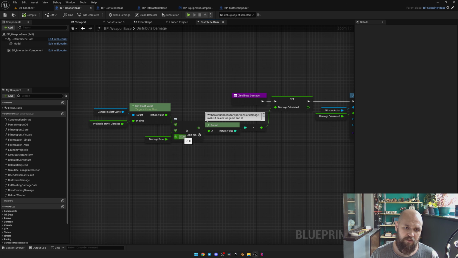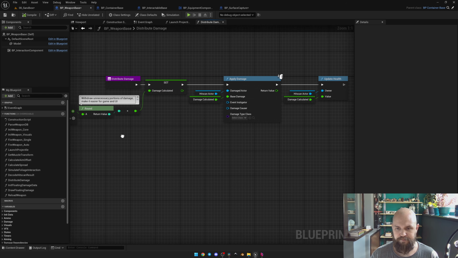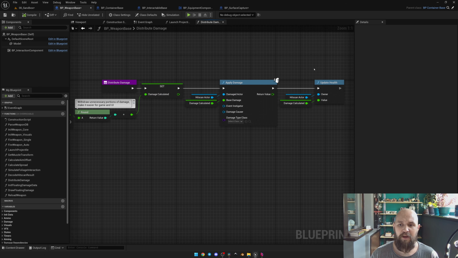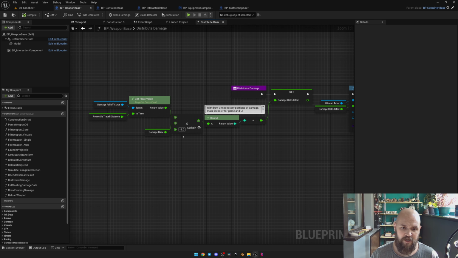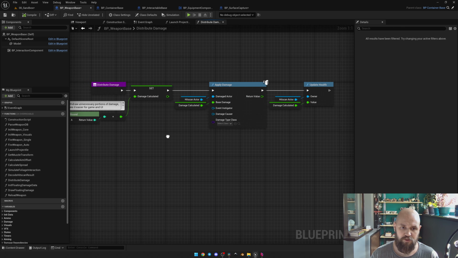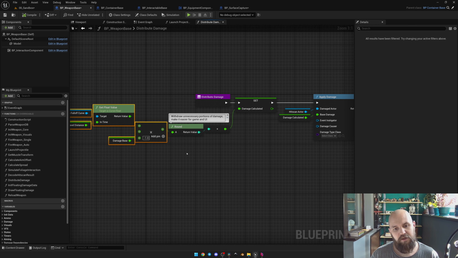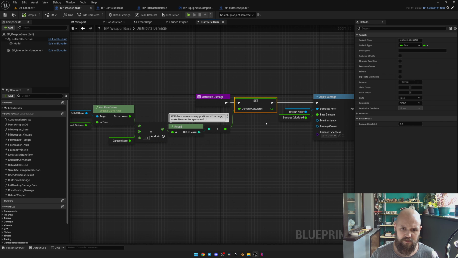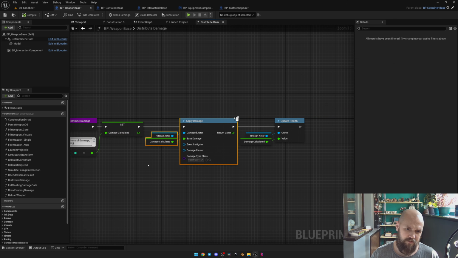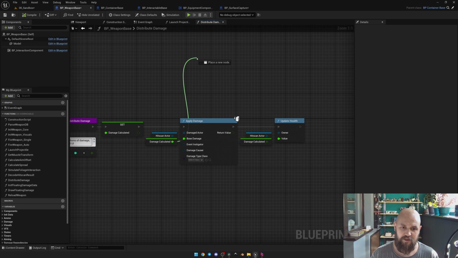We also need to make it times -1 because in my system, once I'm applying damage, I'm updating the health. The health can be positive or negative. So that's why here I multiply by -1. So once I update the health, it's going to be negative. I also need to round it because it's better for UI, and I don't need to have those floating numbers, just the raw impact. So I store it as the damage calculated, then apply damage. It's like the global dispatcher. It will tell how much damage I got,